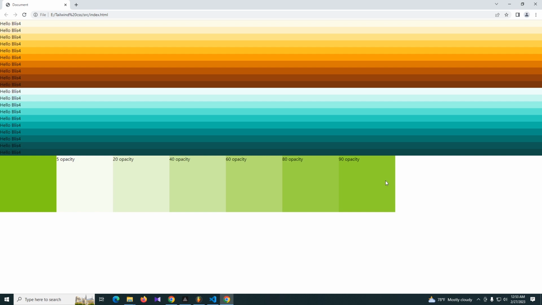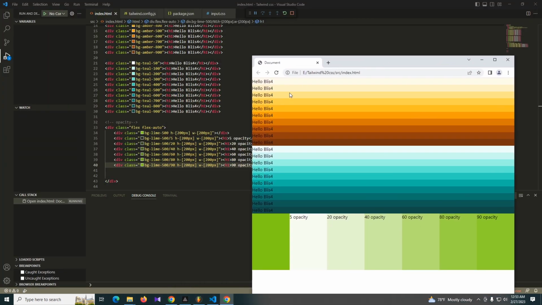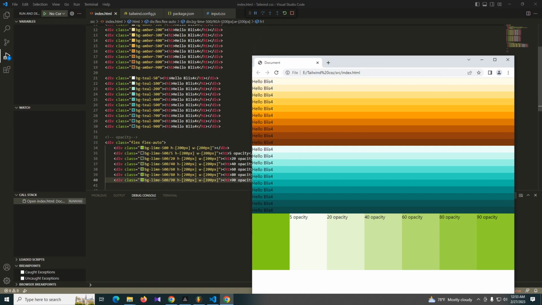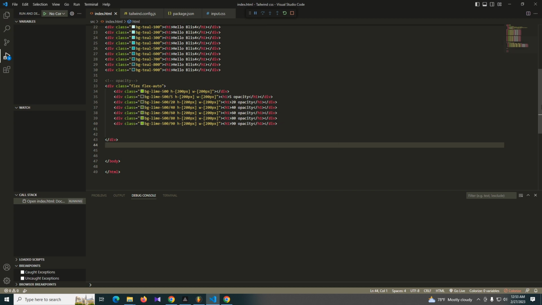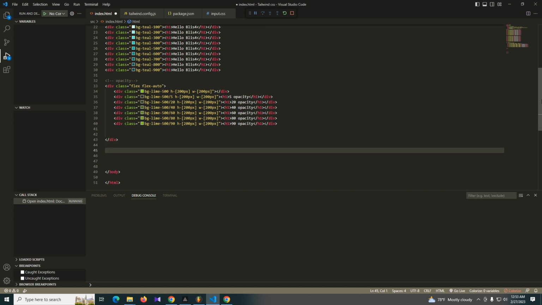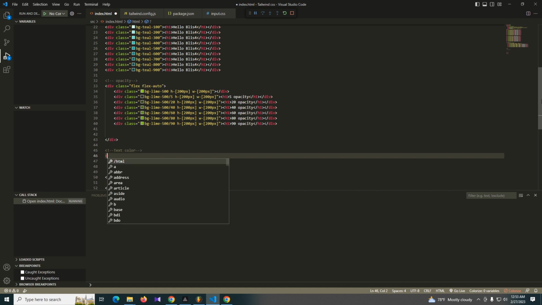And so in this tutorial we have been talking about the BG color and the opacity level. Another feature we need to talk about is the text color. Okay, say text color, and I'm creating a division and